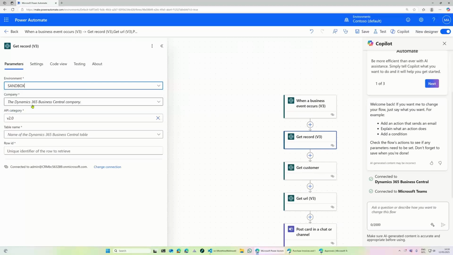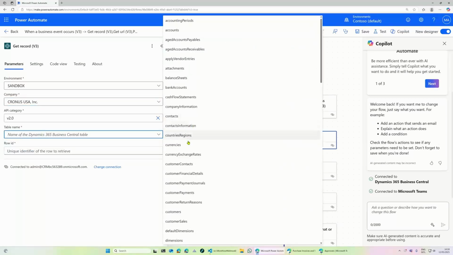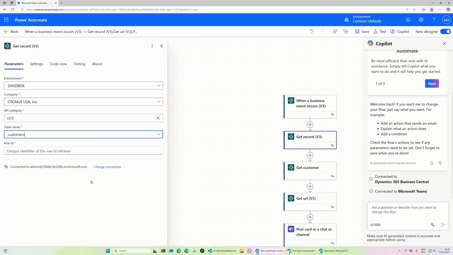Let me start with choosing a hard-coded value for environment. So it is now also capable of giving me a list of companies that are available in that environment. The API category, I leave that with v2.0. It's the list of standard out-of-the-box Microsoft APIs. And I choose from my list the customers.